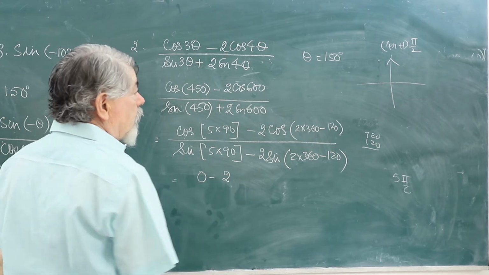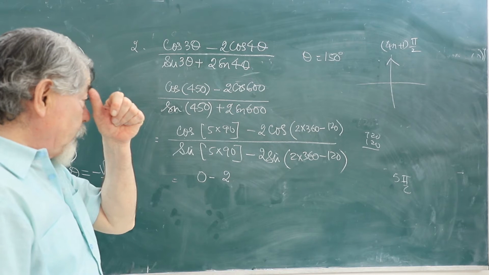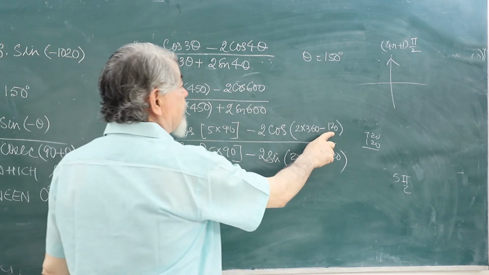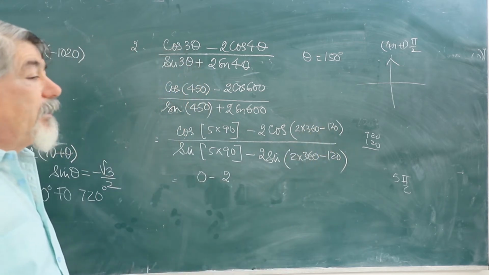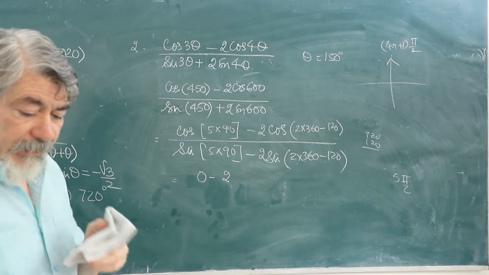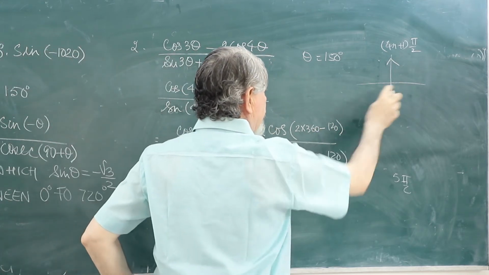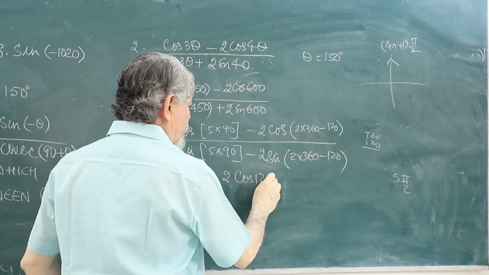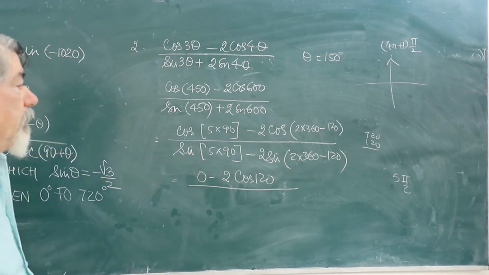Minus 2 cos 2 into 360 minus 120. Don't worry, this should always be an acute angle, but it does not matter, it will adjust itself because it will come into the fourth quadrant and cos is plus, so it will remain 2 cos 120 upon sine 5 into 90,